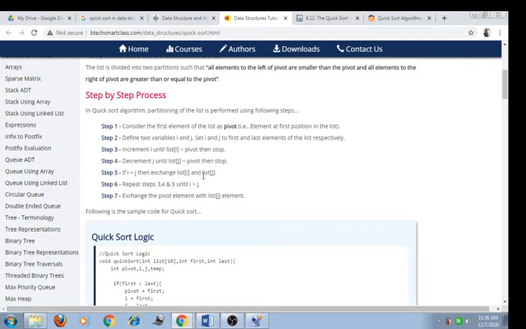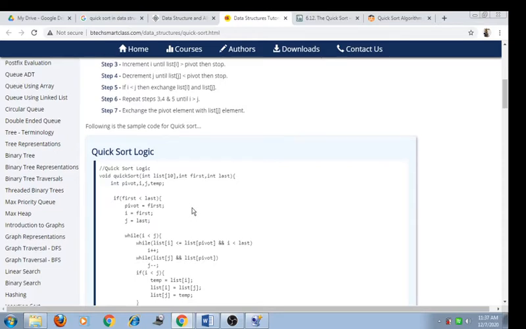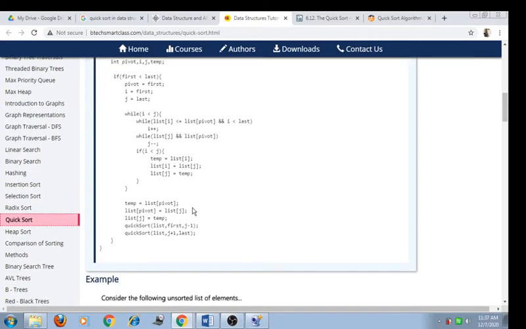That means swap these two elements, and in the next step repeat steps 3, 4, 5 until the value of i is greater than j. And the last step is to exchange the pivot element with the list of j element. So this is the sample code for the quick sort algorithm.